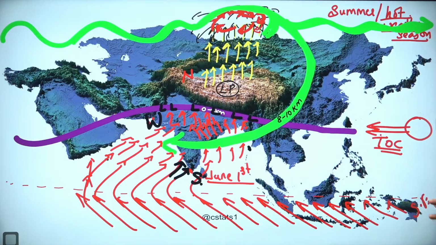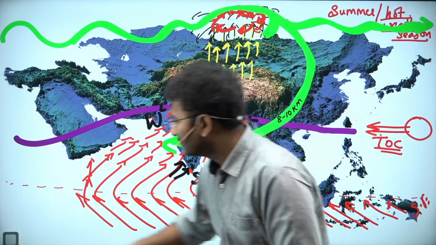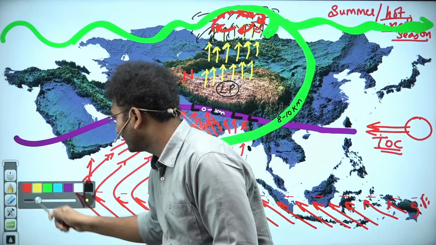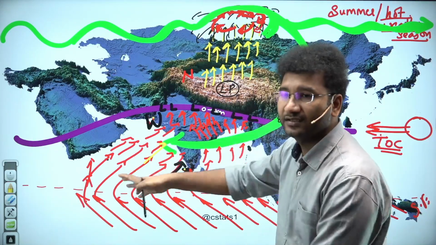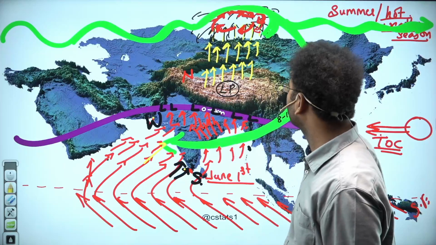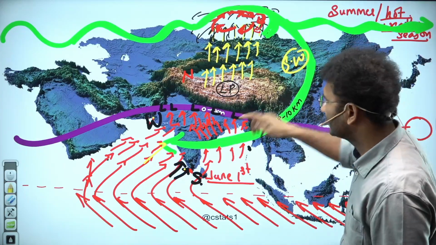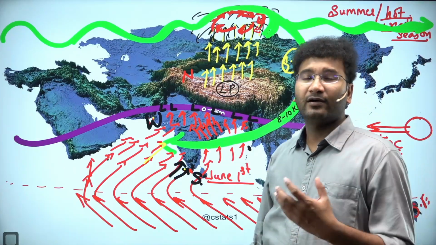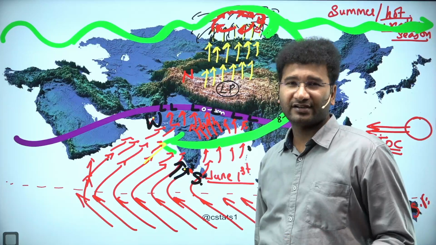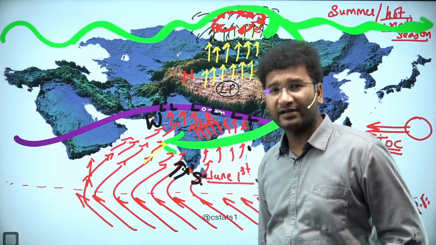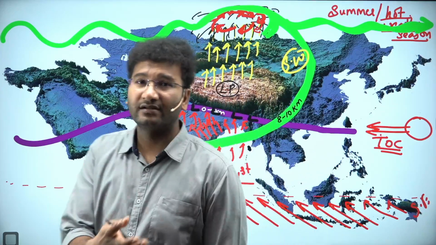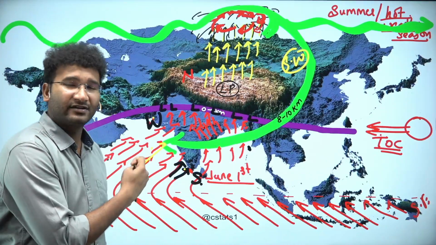See, this is how the wind system is there in the summer season. That means India gets its rainfall from the direction of southwest. This is south and this is west, and this is called the southwest monsoon in India. Now 70% of India's rainfall comes from this particular southwest monsoon. It is during the hot weather season, and this is the hot weather season rainfall,